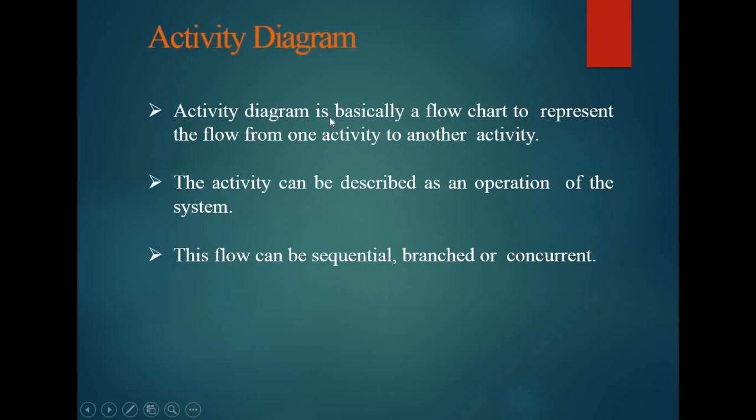So, activity diagram is basically a flow chart to represent the flow from one activity to another activity. The activity can be described as an operation of the system. This flow can be sequential, branched or concurrent. So, activity diagram generally it will be a flow of activities, means from which activity we can go to which